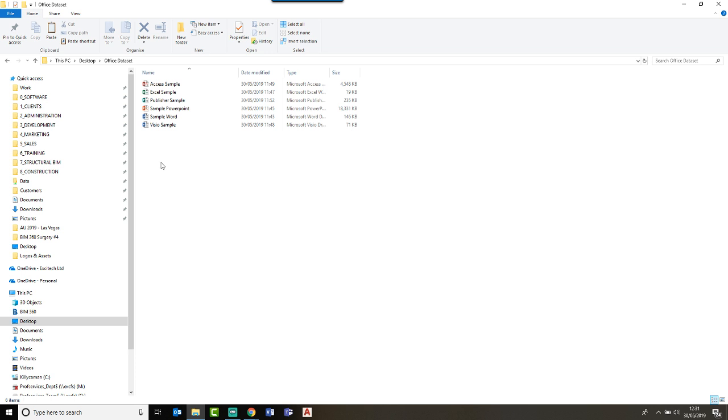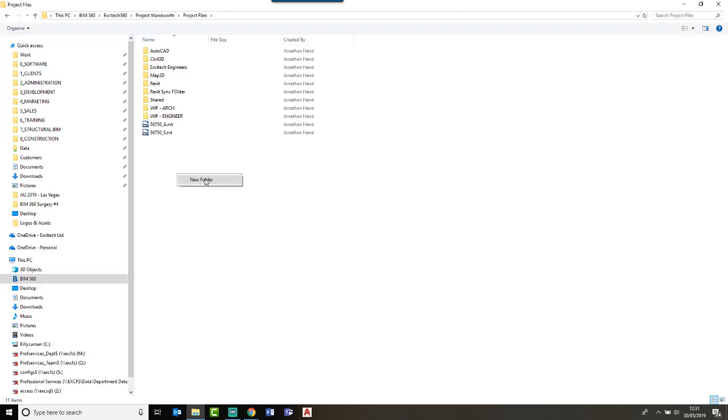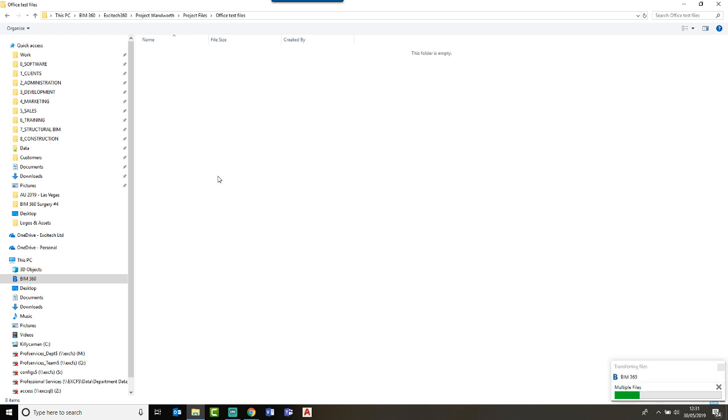Now, I've read through the release notes, so I know exactly what's going to work and what hasn't. But just for clarity, I've got a Microsoft Access file, an Excel file, a Publisher, PowerPoint, Word, and a Visio. So what I'm going to do is copy all, create a new folder, and I'm just going to call it Office Test Files. Double click into the folder, and then I'm just going to go Control V,